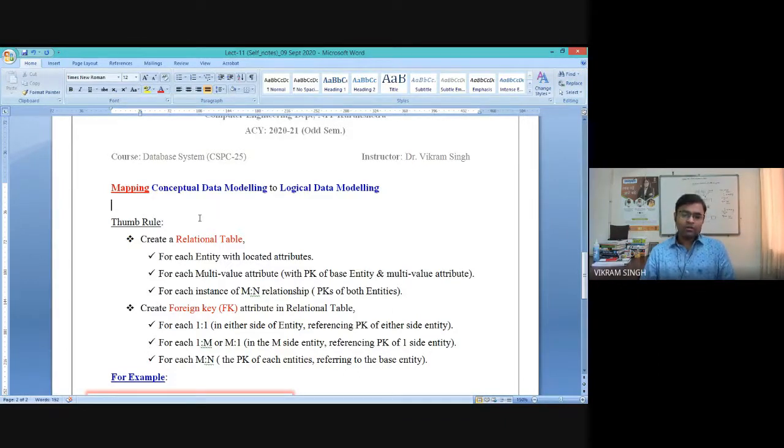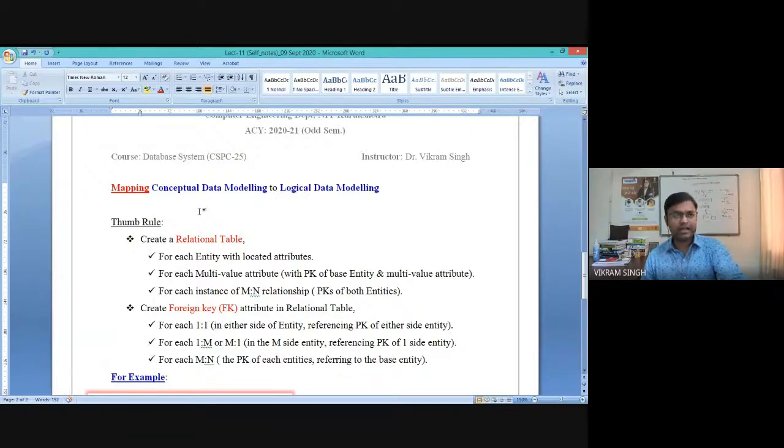Now, in a typical ERD, we will have three elements, right? Entities. Then we have attributes for each entity, including primary key attribute, multi-valued attribute, and composite attribute. Along with it, we will have the relationship between pairs of entities, and naturally the relationship ratio or cardinality ratio.